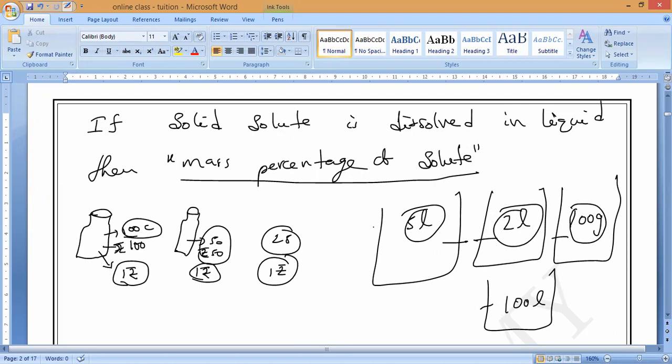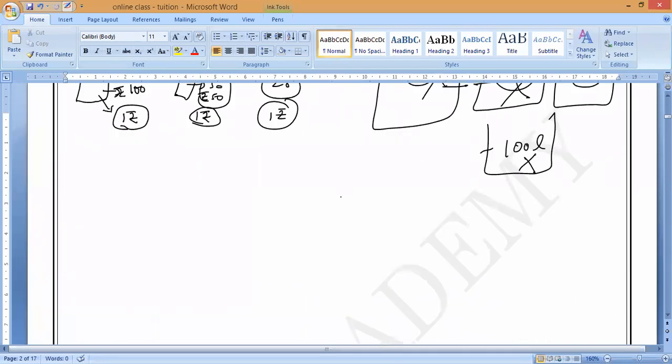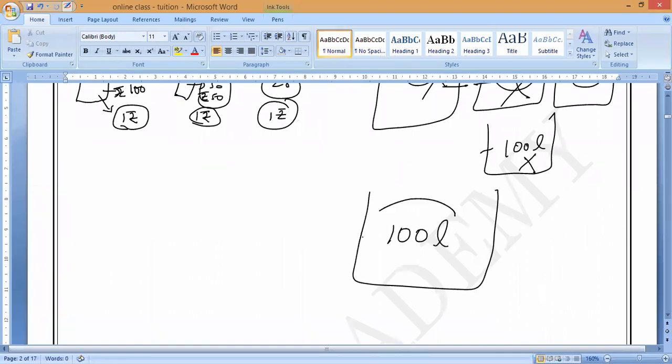Yes, sir. I want to find the concentration. I need not go for a 5 liter solution, 2 liter solution, or 100 liter solution, because if I calculate for 1 liter solution, it is equal to 10 liters, equal to 100 liters, equal to 1000 liters, equal to 10,000 liters. Is it yes or no? Whatever I am having in grams. See, for example, Pradosh prepared 100 liters of sugar solution.